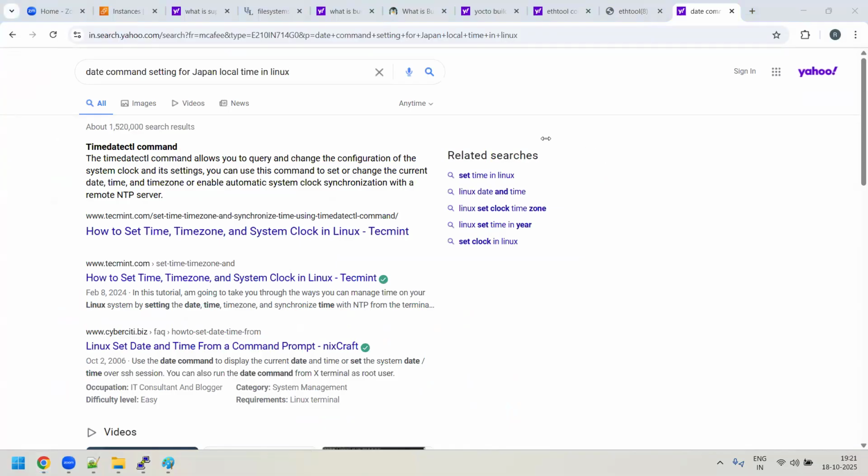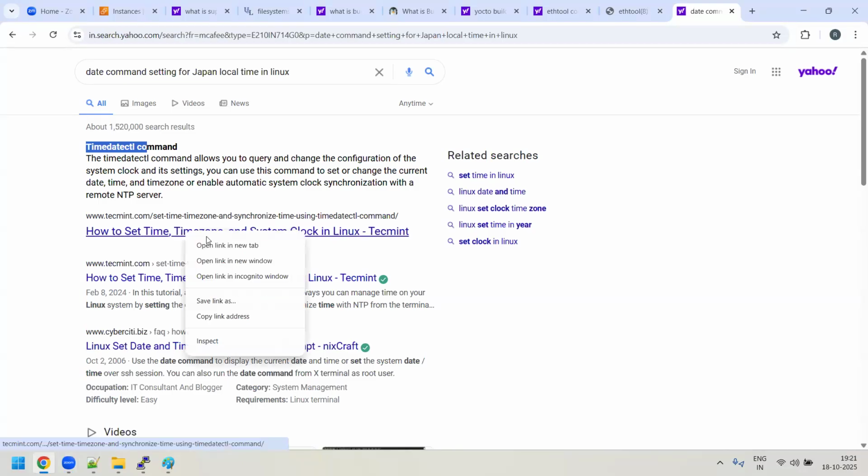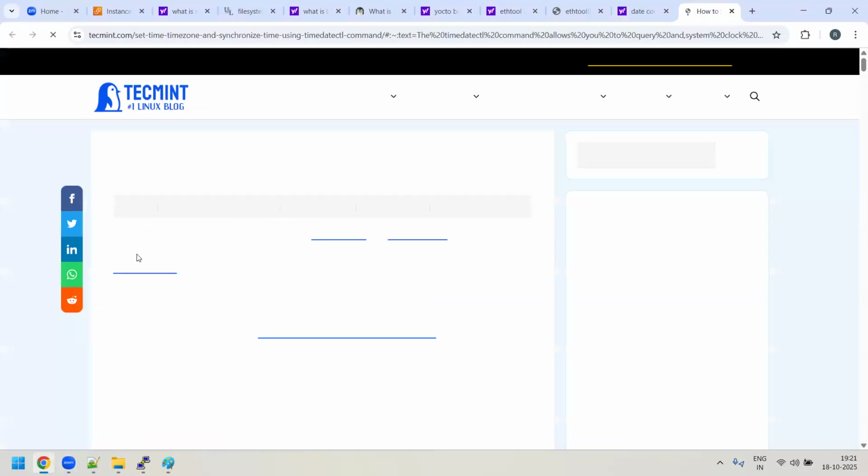See, an NTP server is something, Rajiv bhai, where they manage a separate server. In that server, they configure all the date and time, and whichever servers query the NTP server will take the local timing set in the NTP server. But on our local machine, I want to set it. I can even use the timedatectl command. You can go to that article; they have given all the commands and how to do it.